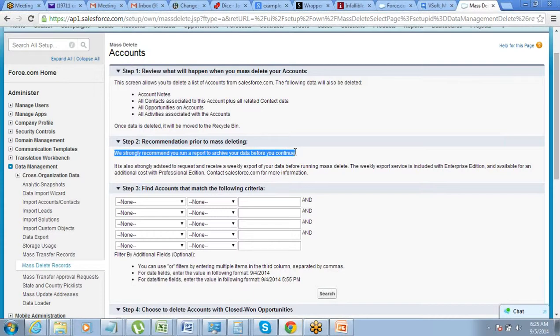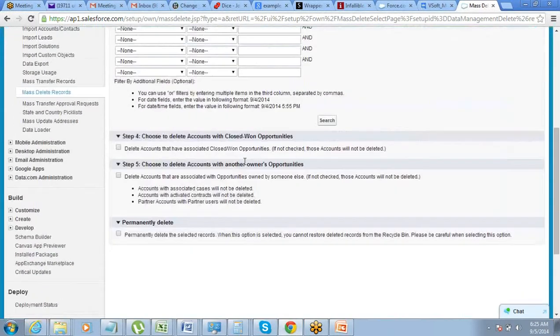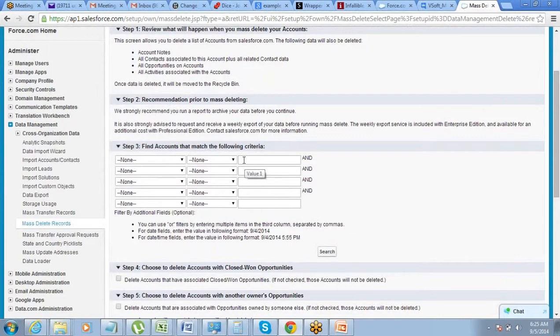Report or take a data export, whatever is convenient for you. It is also strongly advised to request and receive a weekly export of your data before running mass delete, right? So run a report and then do an export. So that is it. So we do not delete any data, even if it's useless data. We do not delete it, right?